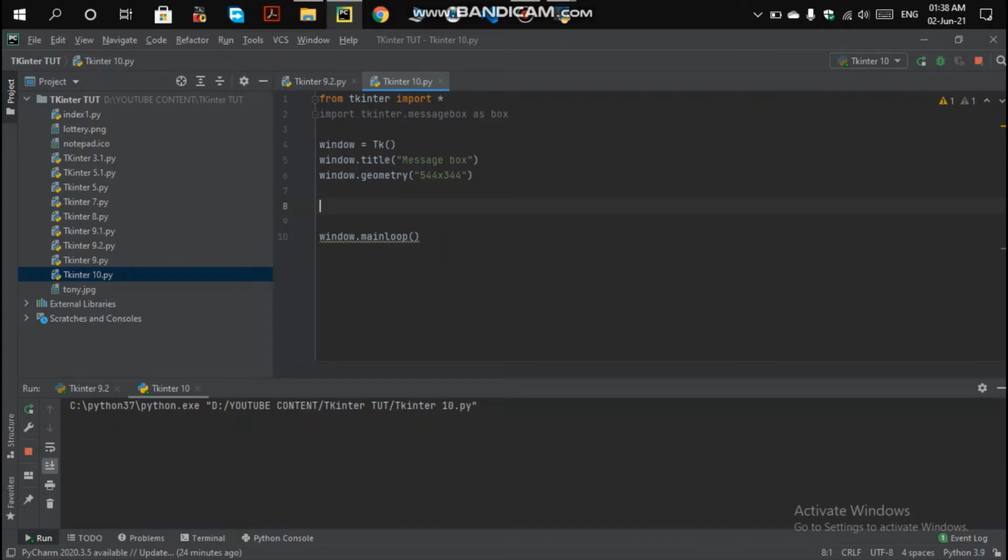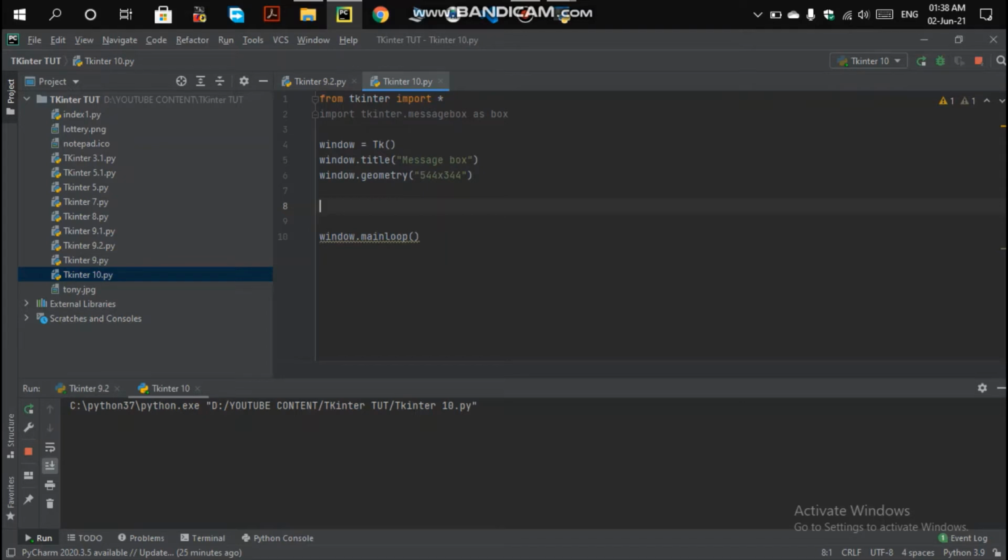This type of method you can use with it too. And there are some buttons that you could use, like in show info you will be like yes okay, in show warning you will be just like okay, and show error and also okay. Then in ask question there are two functionalities, whether the question will be yes or no.